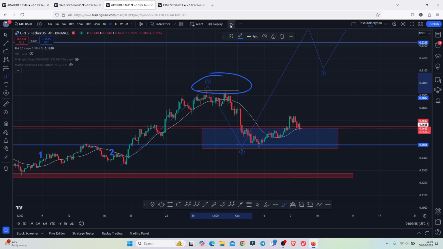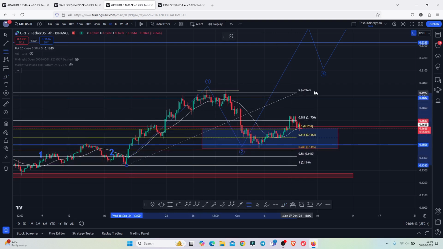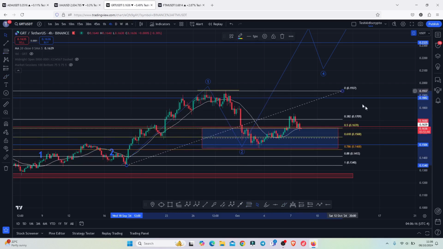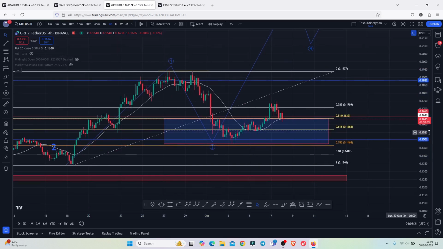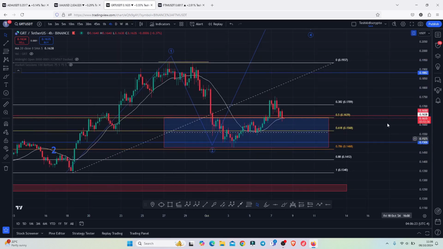$0.195. And after we picked in the first wave, I was expecting a bit of a short-term pullback in a wave 2, whose minimum target areas were given by connecting the Fibonacci's from the low of the first wave down there to the high of this Elliott wave count 1, giving me a minimum pullback target area between the fib level 0.5 and the fib level 0.78, and that is between the 0.1639 and the 0.1468, which is an area that we have now fully maximized and started to see a reaction of this area in what